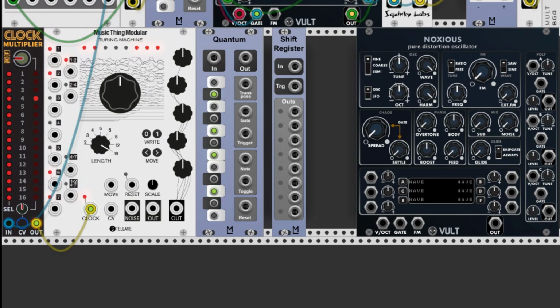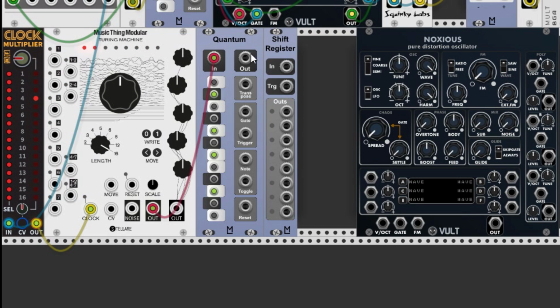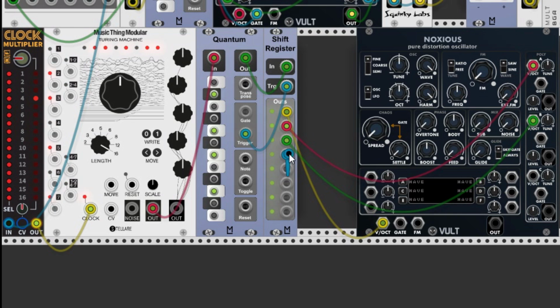Let's send the Turing machine to Quantum, from Quantum to the shift register. We will also use the trigger output of Quantum to trigger the shift register. It's already running. And from there we will send the signal to all 4 voices. So this is the main oscillator, the first extra voice, the second one, and the third one. So we have 4 voices all in all.